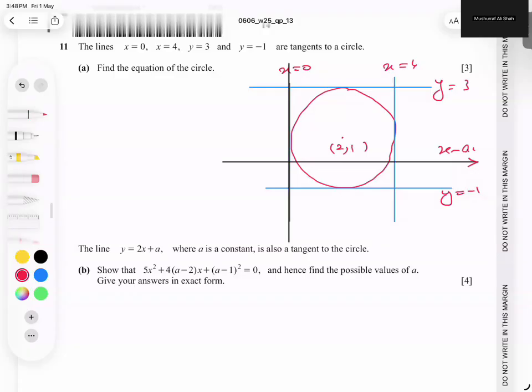So the equation of the circle, what is the formula? (x minus a) whole squared plus (y minus b) whole squared equals r squared. So a is 2, and y minus 1, and the radius is 2 also, so 2 squared. So this is done, students, and now what is he asking further? Find out